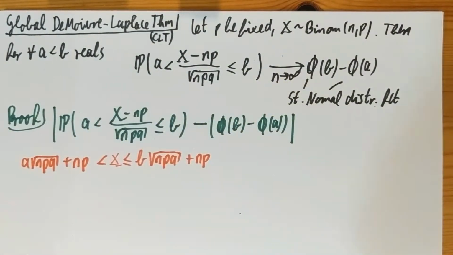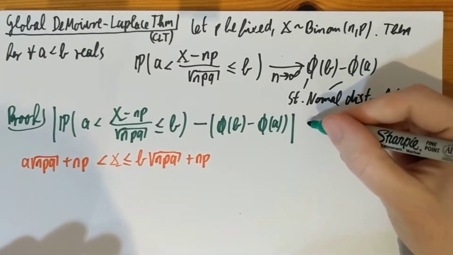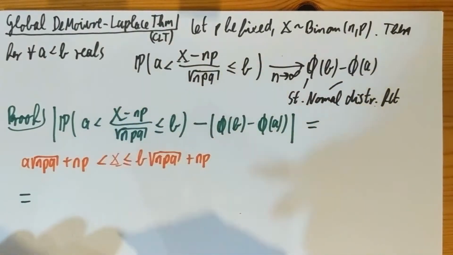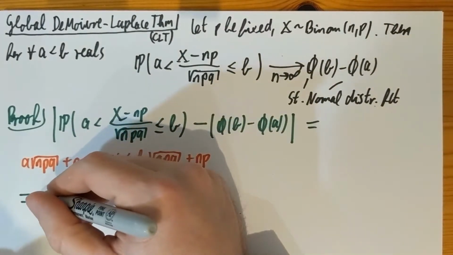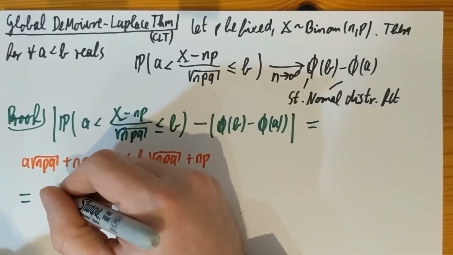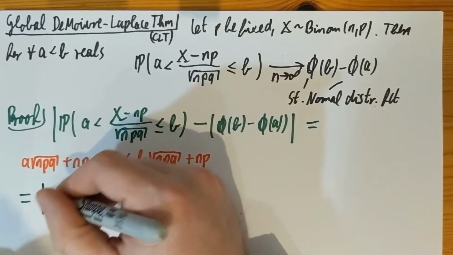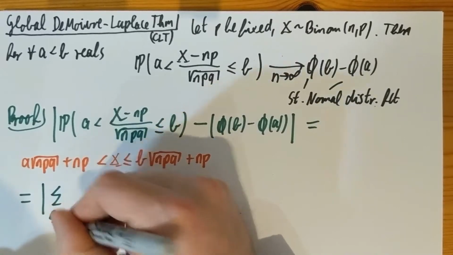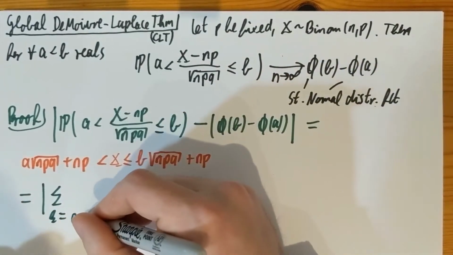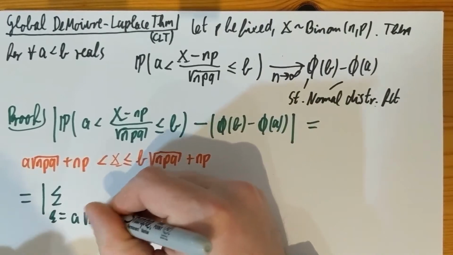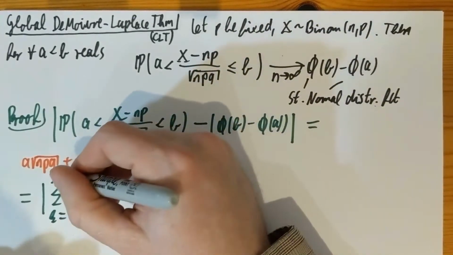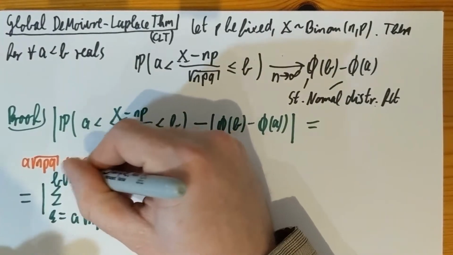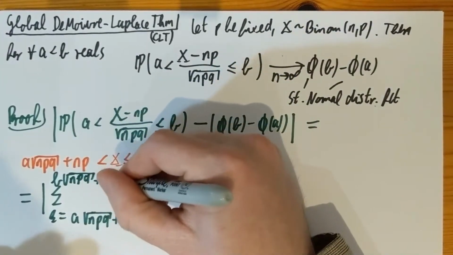So what's the probability of that? Now the probability of that for a discrete random variable, X is actually an integer random variable, the probability of that is summing up the mass function on this range. So that's what I'm going to do exactly. So this probability is going to be the sum from a square root of npq plus np to b square root of npq plus np, except that